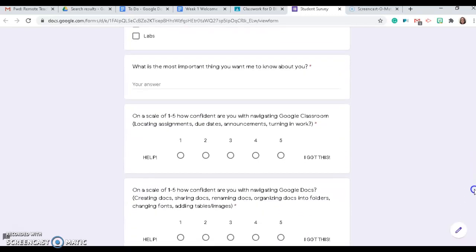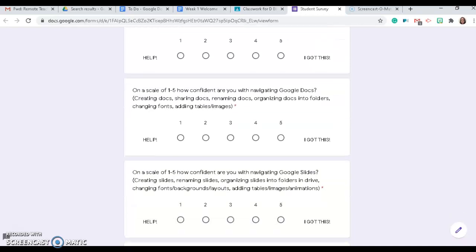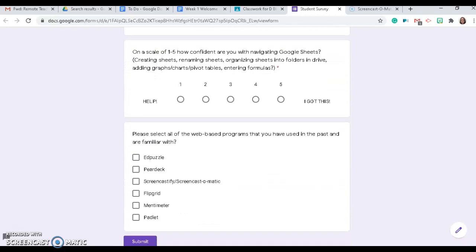And then I also ask you for how confident you are with navigating a lot of the web-based resources we are going to be using while you are remote, all the Google apps, and then some other educational platforms like Edpuzzle and Pear Deck, just so I can have an idea of who has used these assignments before and who has done these types of